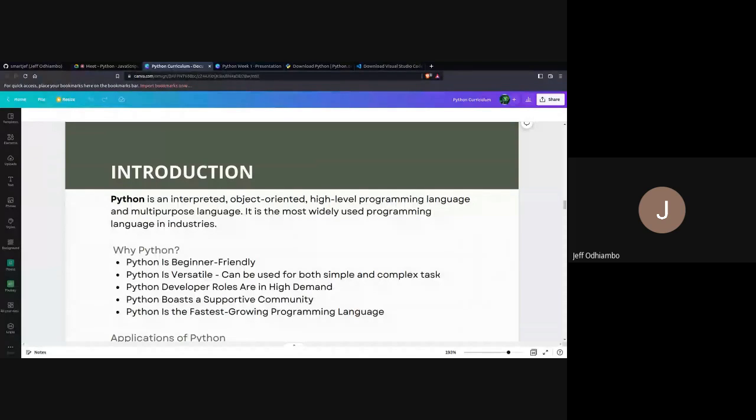It's beginner friendly. For example, if you want to write hello world in Python, just write print hello world. If you want to do the same in Java, you have to declare a class, maybe class HelloWorld, then within the class, you have a public static void main function, then within the main function, you have a statement. Python is user friendly. It is also versatile. You can use it for both simple and complex tasks,